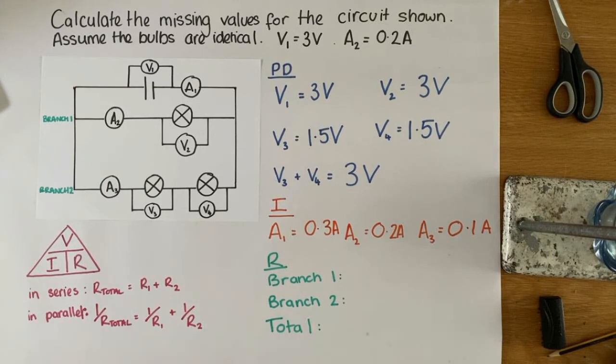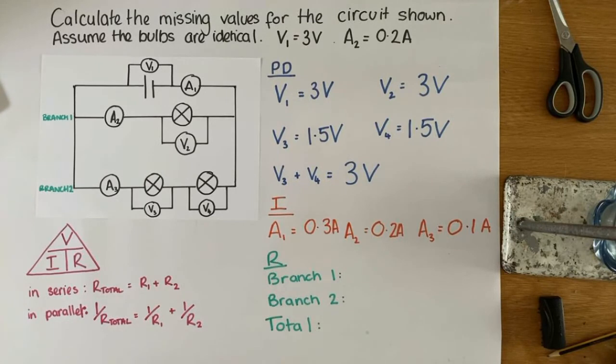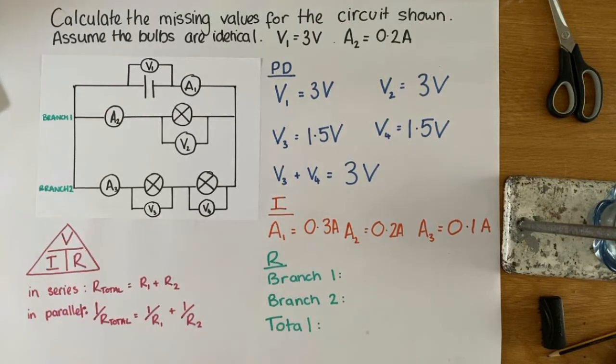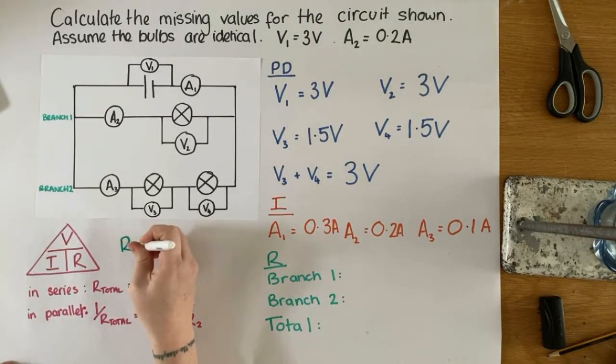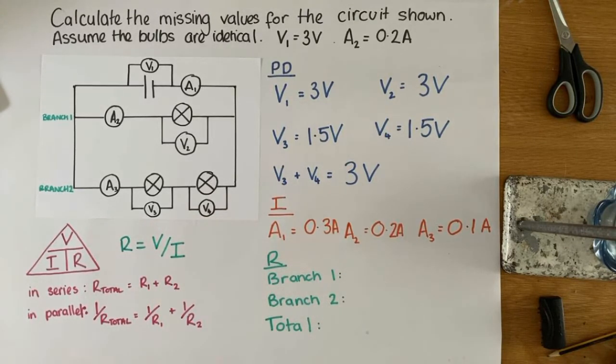circuits. Now, to work out the resistance of the different branches, we are going to have to use some equations. This is where we're really going to have to start putting numbers into a calculation. So I'm going to treat each branch separately first, and then we can look at the total for the whole circuit. So to start with, if I want to calculate resistance, then I'm going to be doing voltage divided by current. That is how this equation is going to be rearranged to allow me to calculate the resistance of an